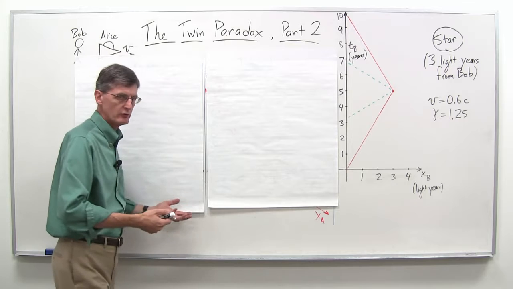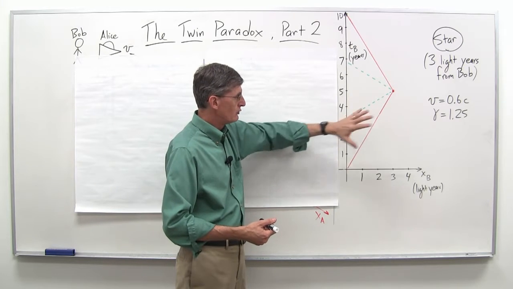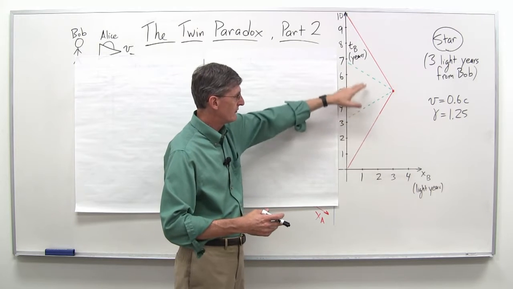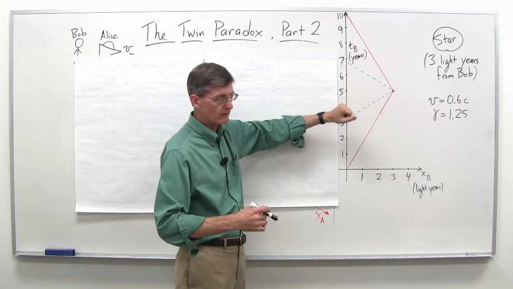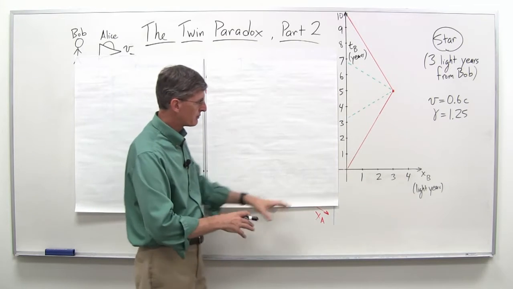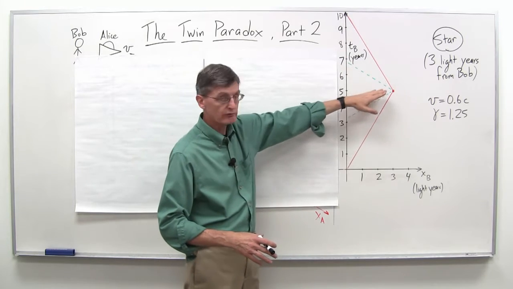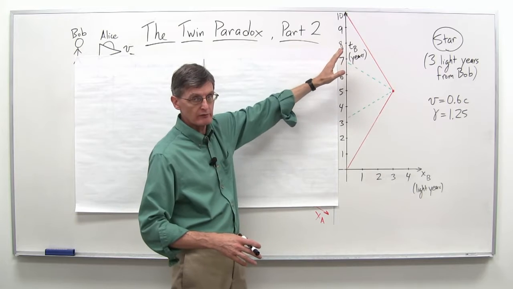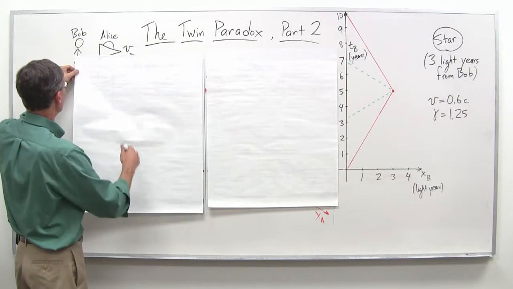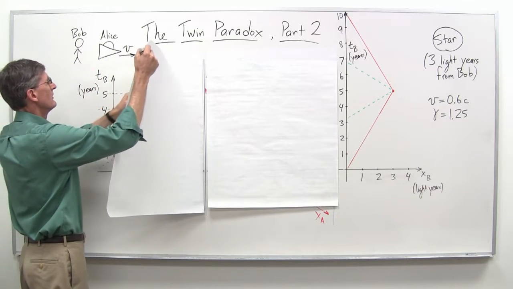And so that's what we want to do in this part 2 of the twin paradox. And we're going to use our space-time diagram to see if we can understand it graphically. You can see I've added some green dashed lines here. We'll get to those in due time. But essentially what we want to do here is break this basic diagram up into 2 parts. We're going to look at the outbound trip, and then we're going to look at the inbound trip. So let's take a look at the outbound trip here. This doesn't take off too much of the